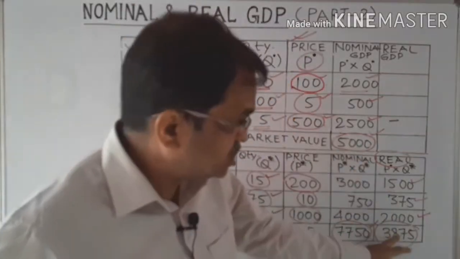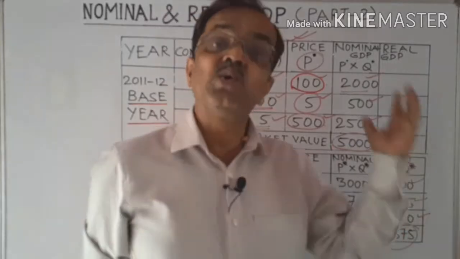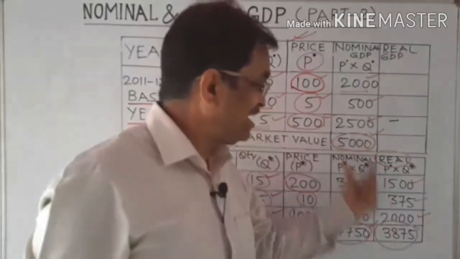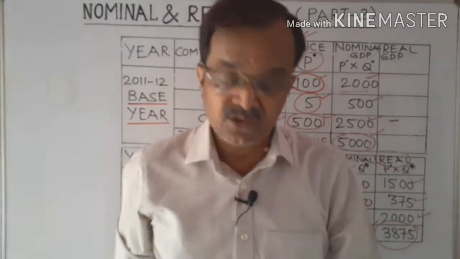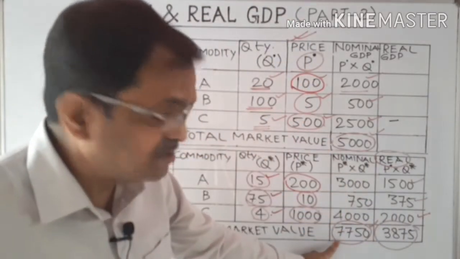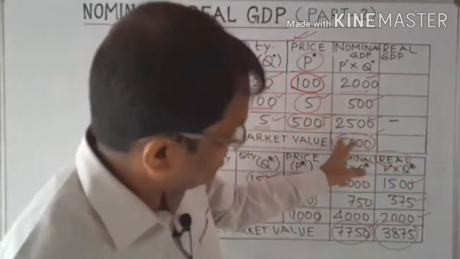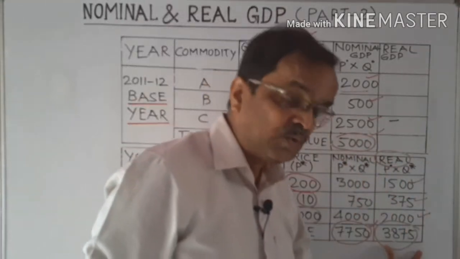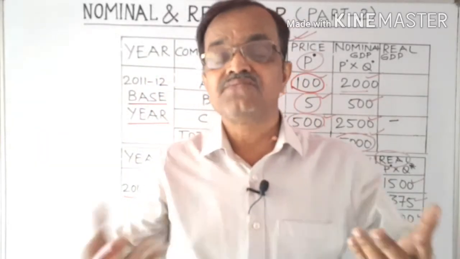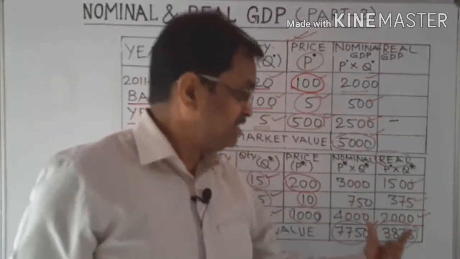Now looking at these two figures, anyone can conclude that the economy has not moved on the path of development, but it is a clear case of degrowth. Now the situation reverses. What we concluded earlier from 7,750, that there is economic growth, is wrong. Now looking at these two figures, what do we conclude? That the economy has not grown. There is a simple situation of degrowth of the economy, means a completely opposite situation. This figure that came, ये जो फिगर आया हमारा